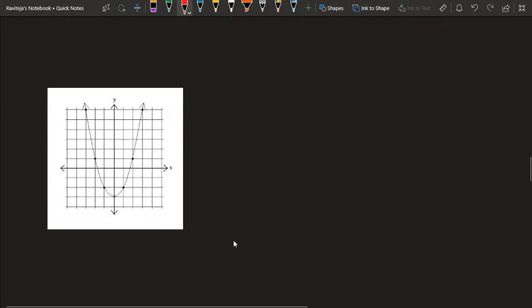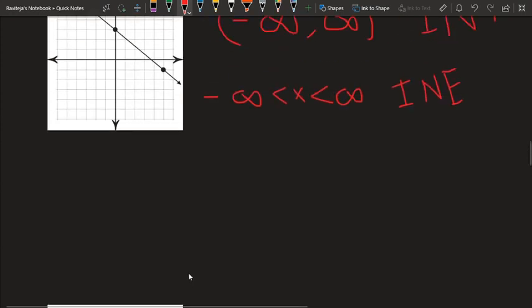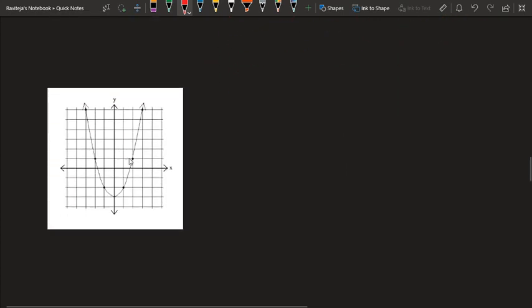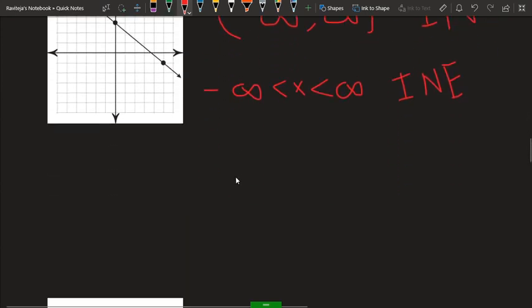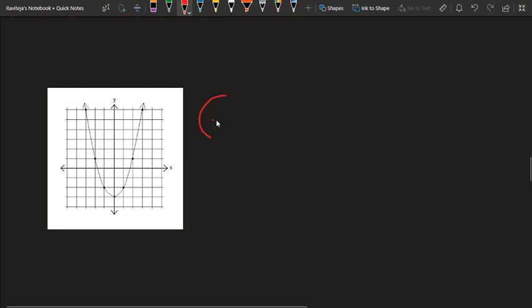Now this is a different shape called a parabola. Well, if we look closely, we see an arrow on this side going towards the right, and we see an arrow on this side going towards the left. Well, if you think about it, it's basically the same as this. It has two arrows on both ends of the line, one going to the right and one going to the left. So our interval and inequality notation would be the exact same as this, with negative infinity, comma positive infinity